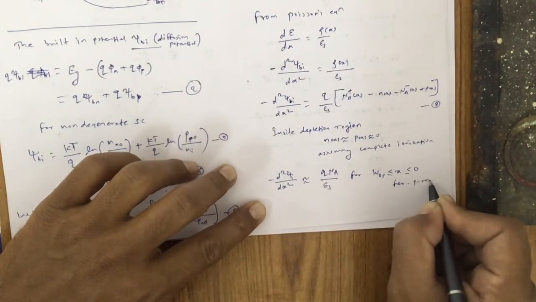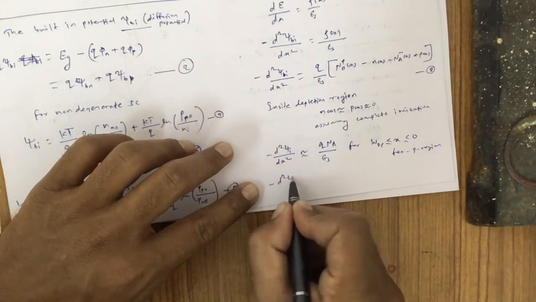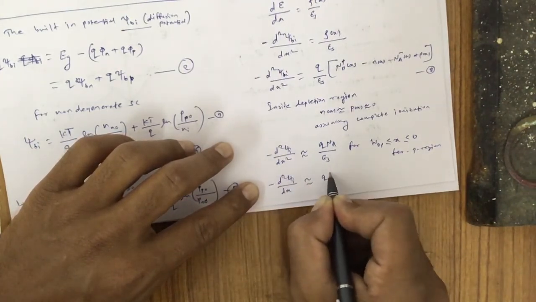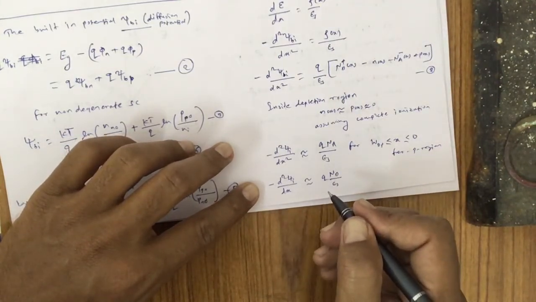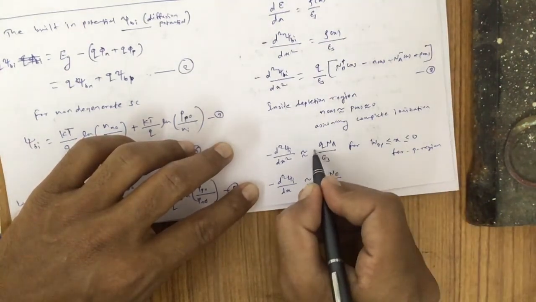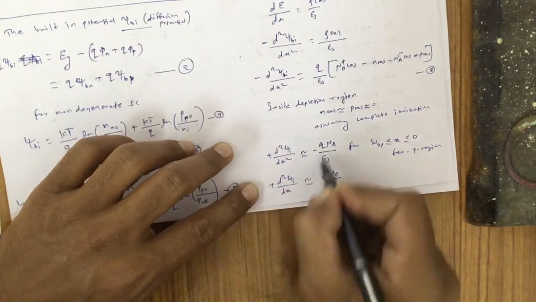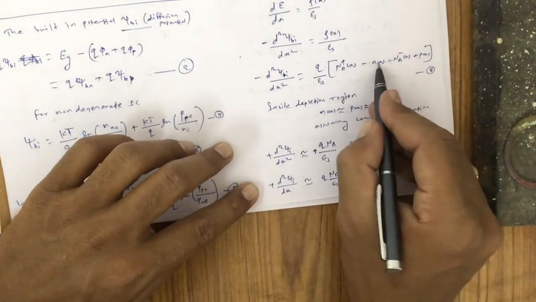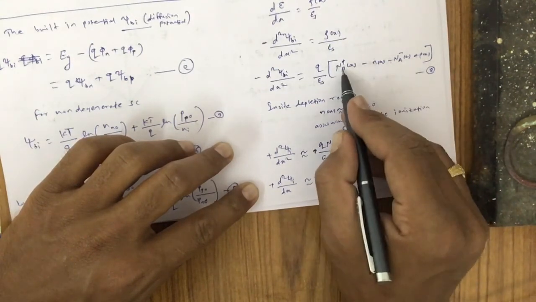I can call it the p region or p side. Similarly, d2 psi bi by dx square is approximately equal to q times Nd upon epsilon s. There must be the minus sign, so plus sign, because minus gets a plus sign. So this goes to 0 and this also goes to 0. So for this region